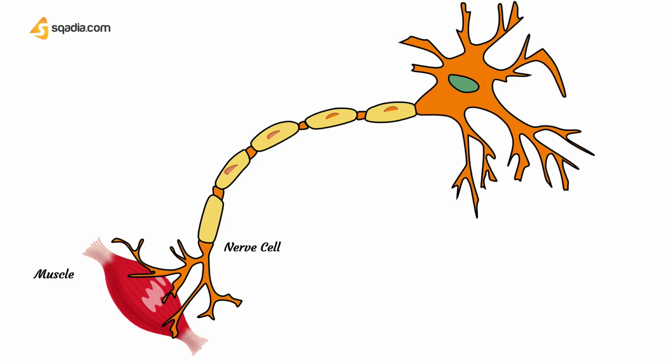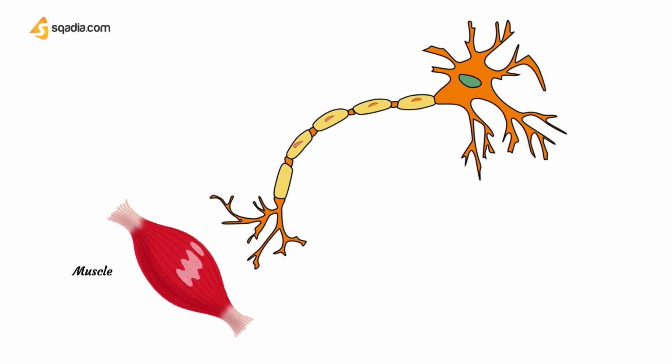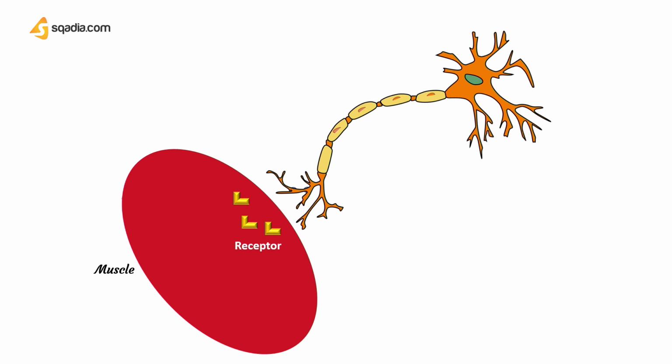A classic example of paracrine signal is the chemical transmission from a nerve cell to a muscle. The signal from the nerve cell causes the muscles to contract because the muscle cells have regions specialized to receive chemical signals from adjacent nerve cells. That specialized region is a receptor located on the muscle cell surface. It is compatible with the signal and thus can easily receive, recognize, and respond to it.